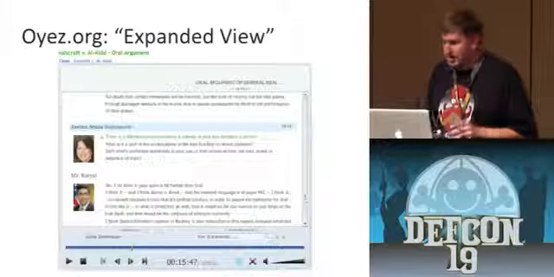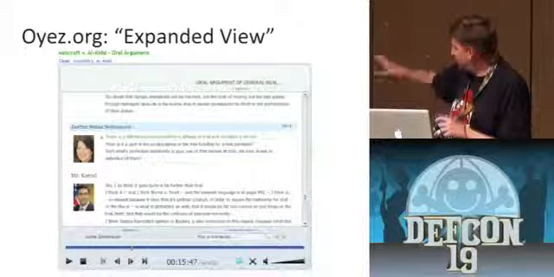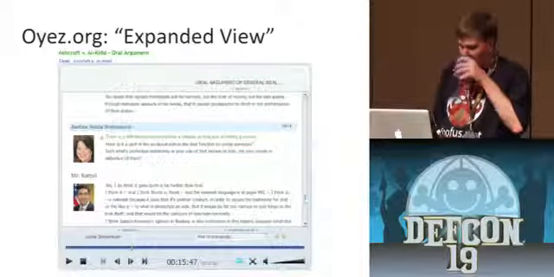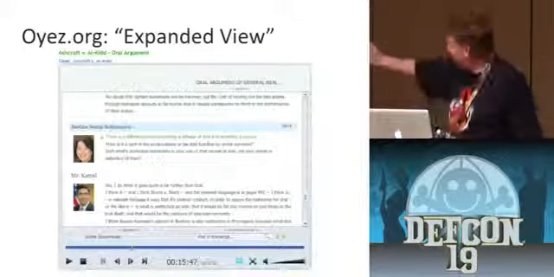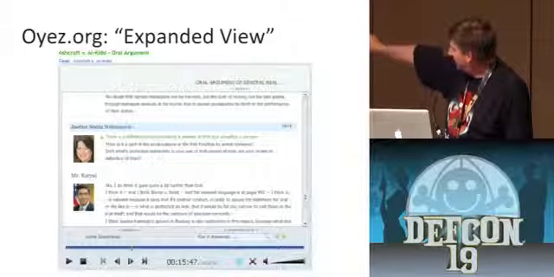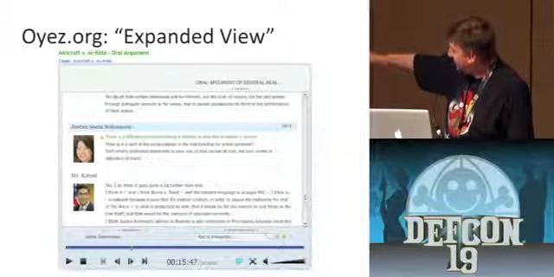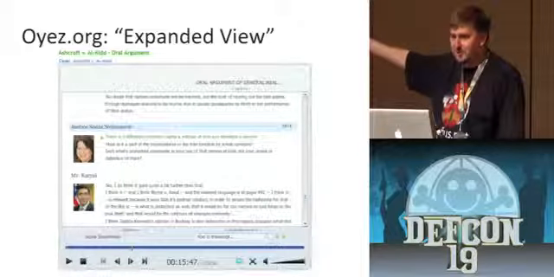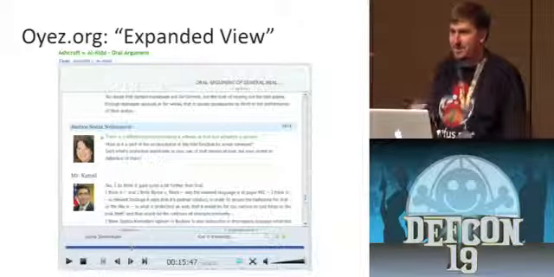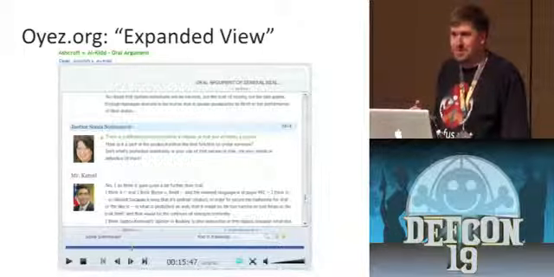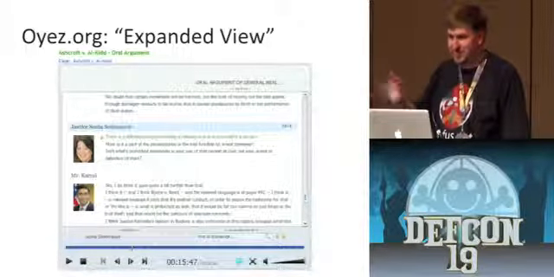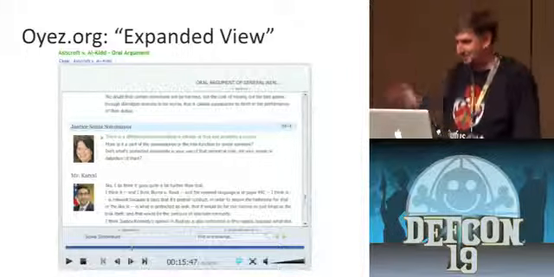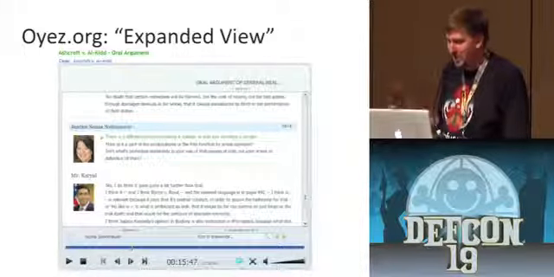So this is what the oye.org "let's listen to an oral argument" thing looks like. You can see that Justice Sotomayor is speaking right now, and it has a little cursor that follows along. And this is, by the way, Ashcroft versus al-Kidd, the case where the court announced that the federal government can detain you under the material witness statute, even if it's totally a sham. So, it's not a great case as far as I'm concerned.